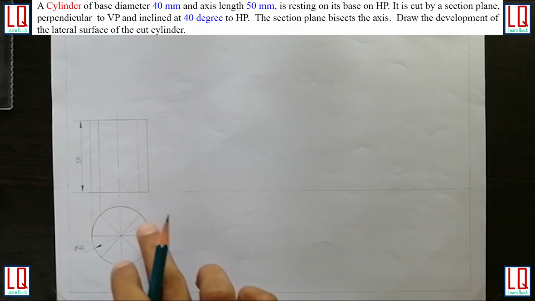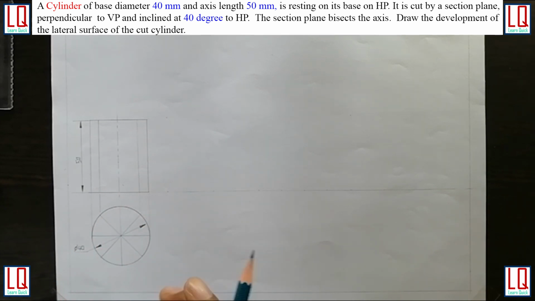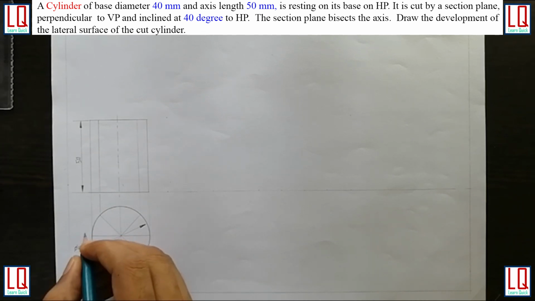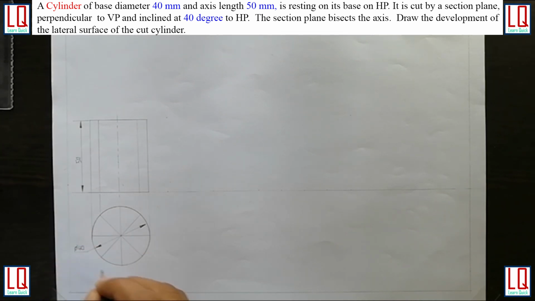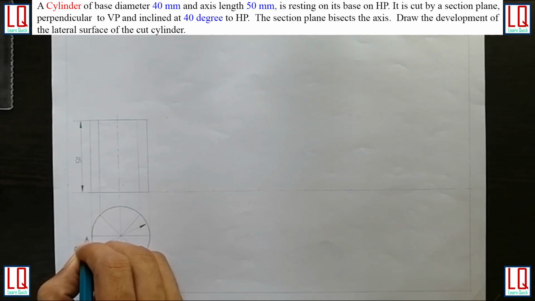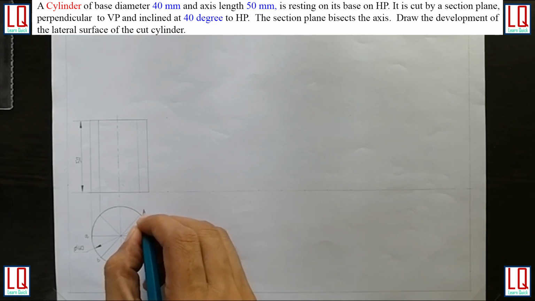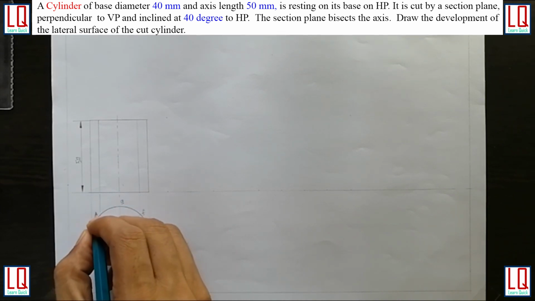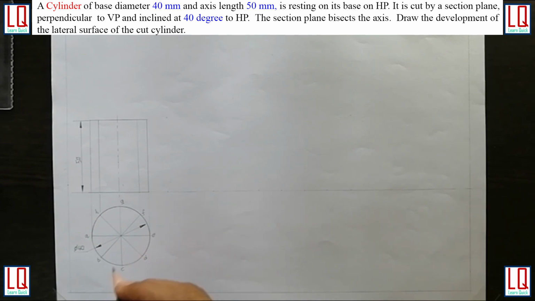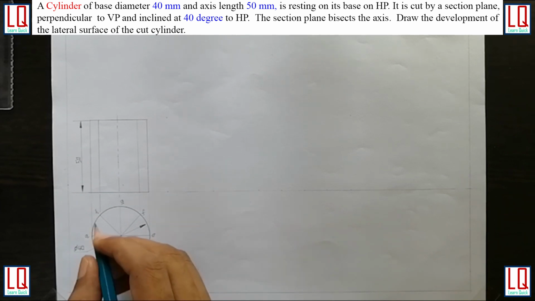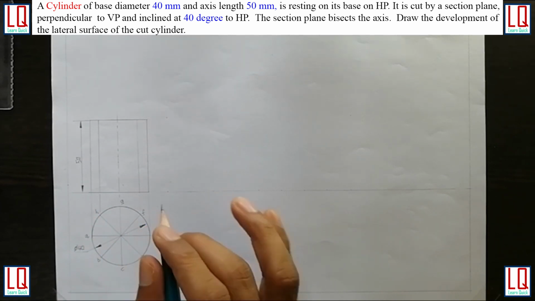So we have also divided this circle into 8 equal points to get the arbitrary points. So now we will quickly name the arbitrary points. We will start with the left and we will mark it in anti-clockwise direction. So this is arbitrary point A, B, C, D, E, F, G and H. If you want to name the base circle, you can name it again continuing the letters, or if you are going to use one letter for one generator, you can stick with it.